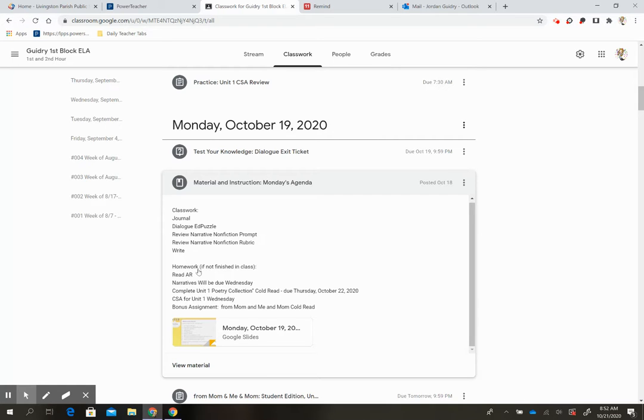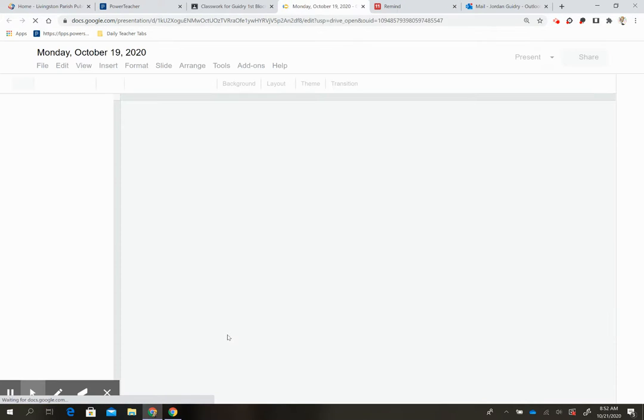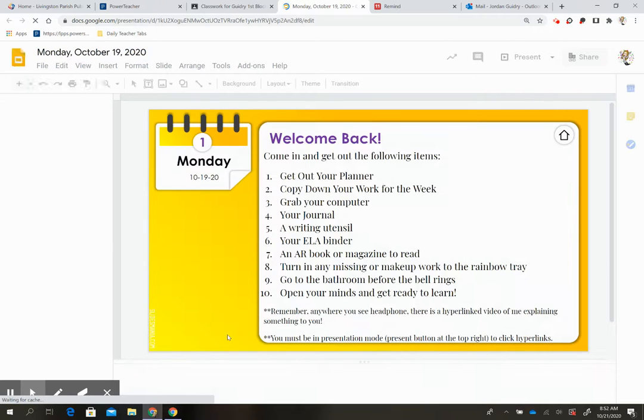Then it says homework. If not finished in class, read AR, narratives will be due Wednesday, complete your Unit 1 poetry collection cold read, CSA, and then bonus assignment. And then I have a slides presentation for you. When you click on the slides presentation, this will pop up and you can see what we have to do